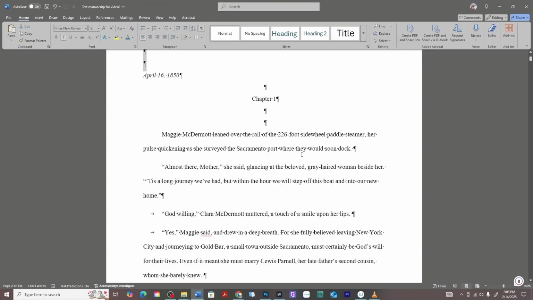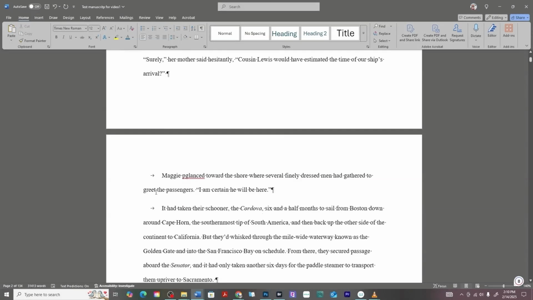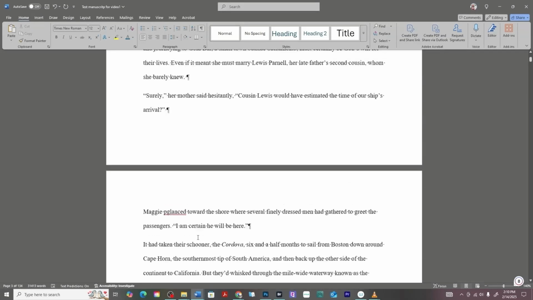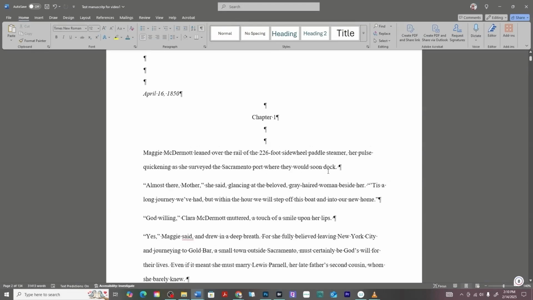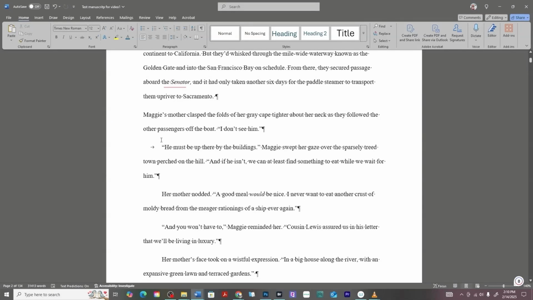And so right here, I'm on chapter 1, and I can see in this document the author has been using the tab tool to indent each paragraph. A long time ago, while formatting, I had to manually delete every single tab throughout the whole manuscript. So a cool shortcut, instead of manually going through the entire manuscript and deleting every tab indentation, is you can